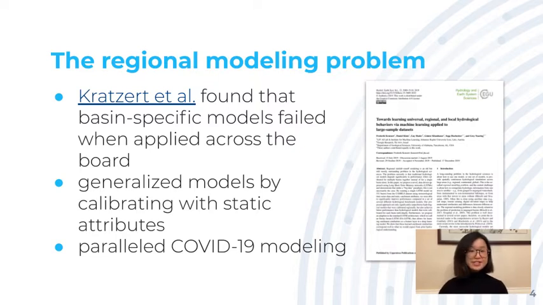Even though their study was concerning hydrological modeling, I found that there were really a lot of parallels to the issues that we find in COVID-19 modeling. Many of the studies that are already published about COVID-19 case prediction are hyper-specific to a region, such as case prediction in Spain or case prediction in the Bronx, New York. And I wanted to see if I could apply the same idea to use static attributes, specifically demographic attributes, such as the population density and the percentage of people over 60 living there. I wanted to factor those in and see if I could use that to create one model that would predict cases across the US.